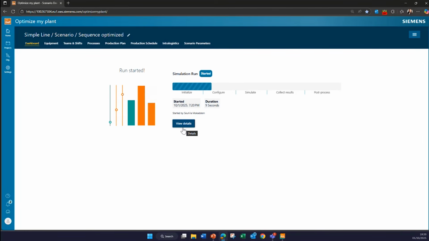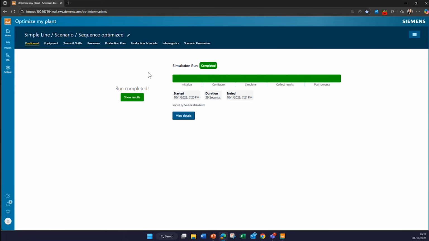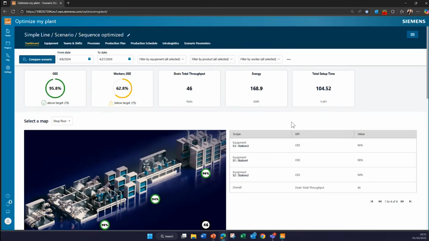So with this library, you can integrate all kinds of optimization methods and make them easily enabled by the end users. Here it's the experience for a persona like a shop floor leader who wants to optimize a given production sequence for the next two weeks. Instead of coming with a question, they have a role-based application that is pretty intuitive to use and to make informed decisions on a daily basis.